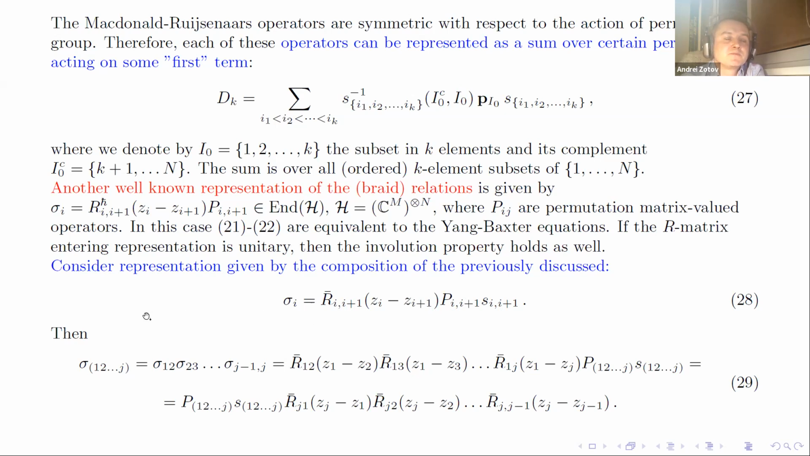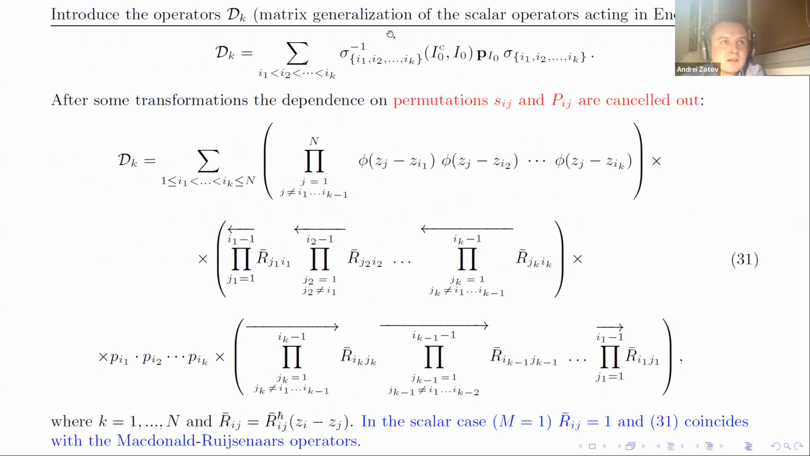And for example, if we need to write down an element corresponding to cyclic permutation, then we should consider the product of such expressions, and then we get some permutation element in the vector space, some permutation element in the arguments space, and some product of R matrices. And if we substitute this representation into these difference operators, then we obtain some expressions which look quite complicated. I will explain a little later, but